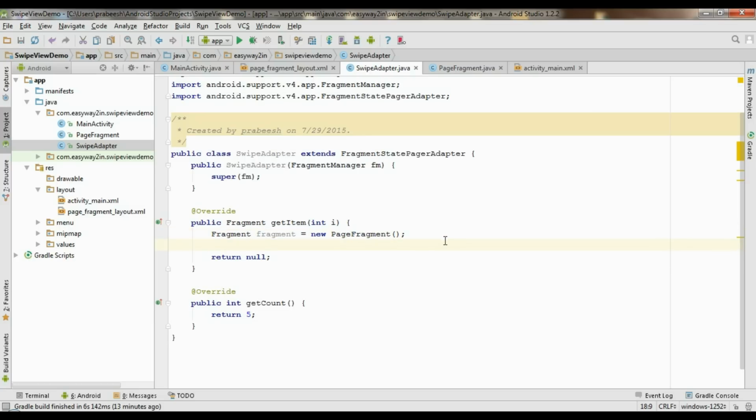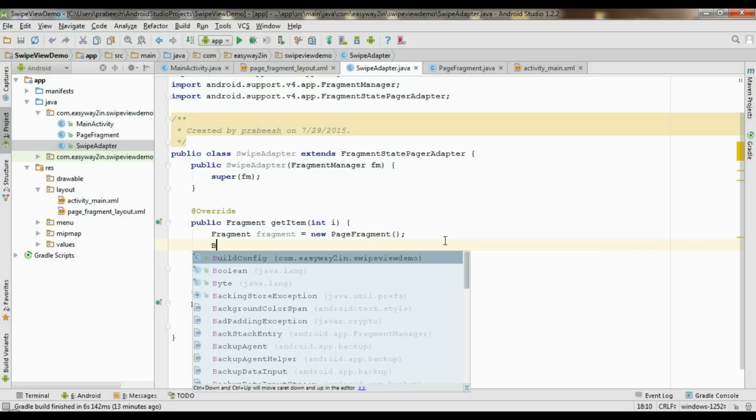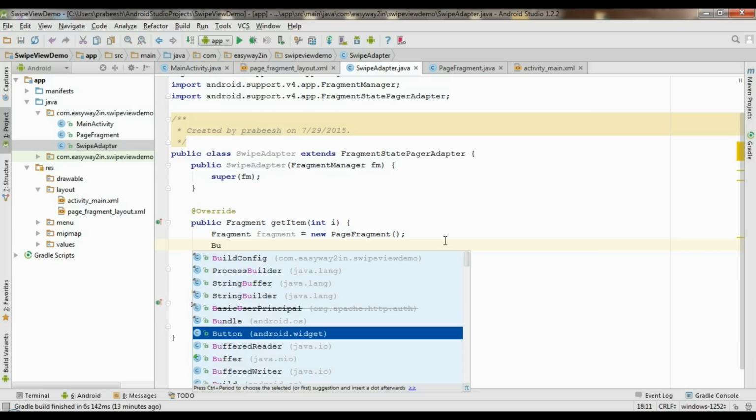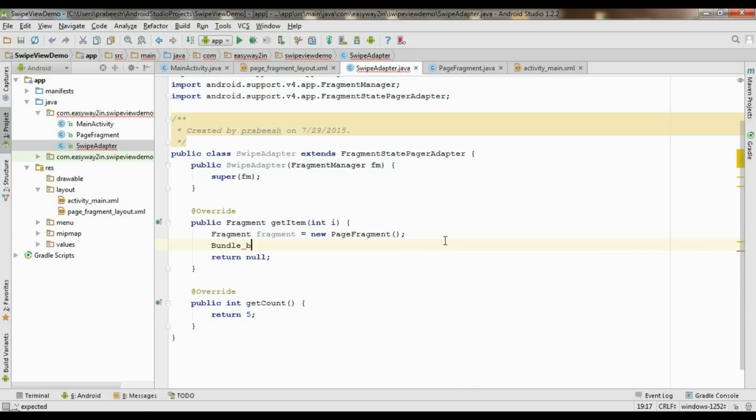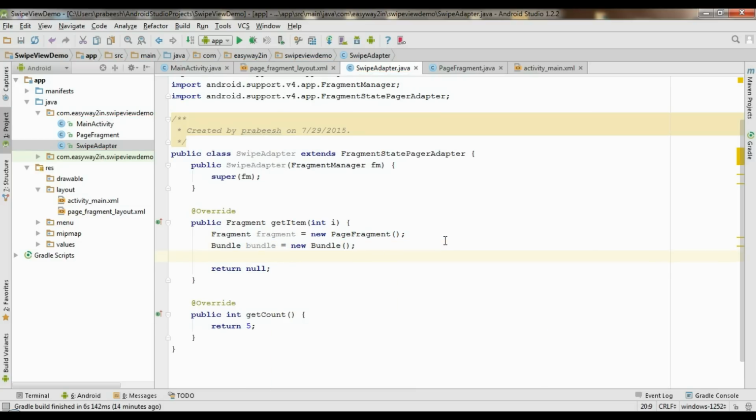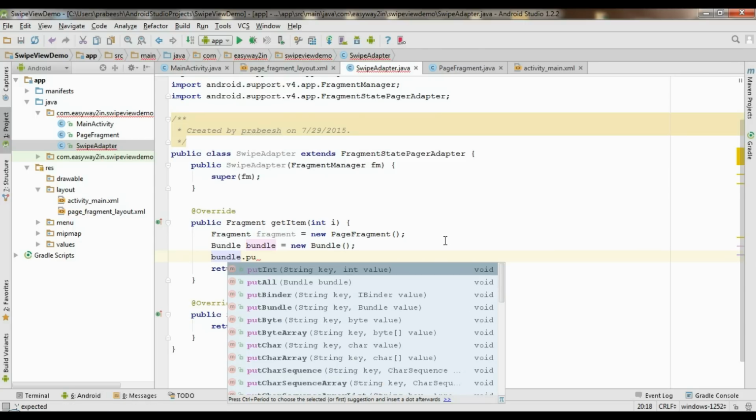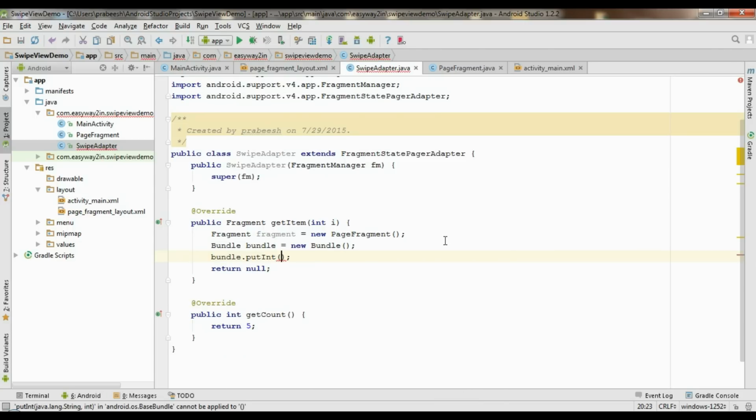Now we have to put some argument into the fragment. For that, we have to create some bundle object. I name it as bundle equal to new Bundle. Now put some value into the bundle object. Bundle dot put int. It's an integer. First we have to specify the key for the value. Here I put a key called count,